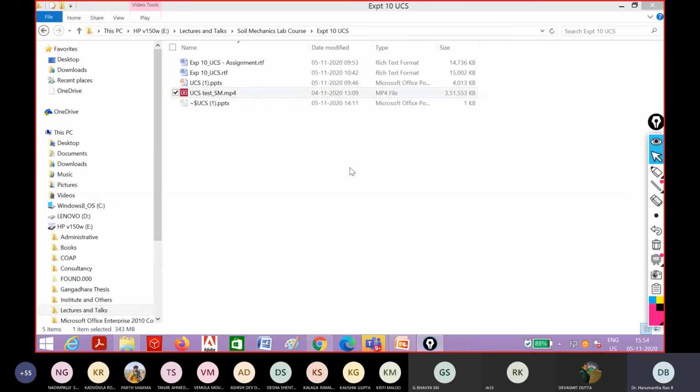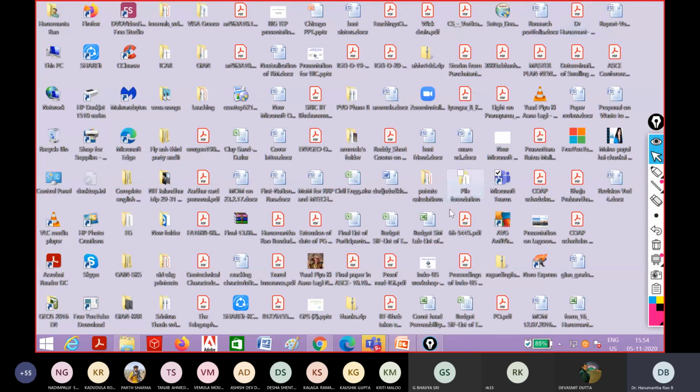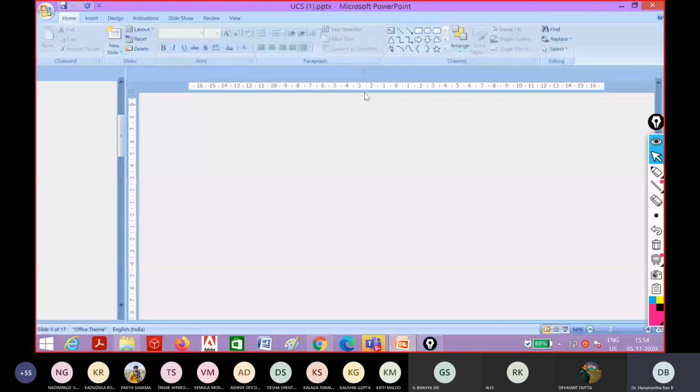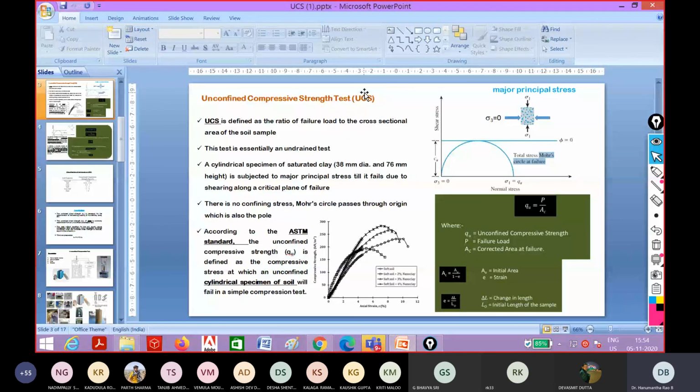Anyhow, this is the old setup. Earlier we used to take manual readings, but now you have auto recorders, so we are able to take automatic readings of the stress and strain. There is no problem. In fact, they can give you the final UCS value, the final graph, final C value, final phi value, final qu value. Everything they will give you now. Nowadays software has been developed to such a sophisticated level, you don't need to do anything. Okay, sir.